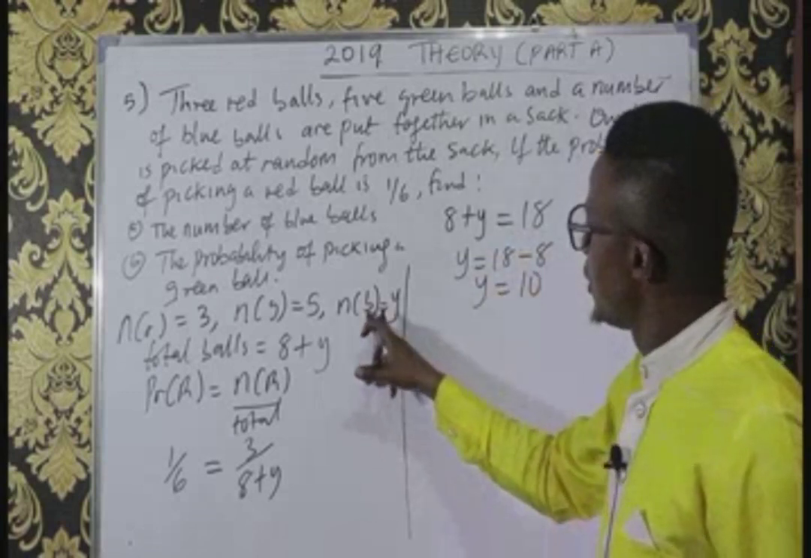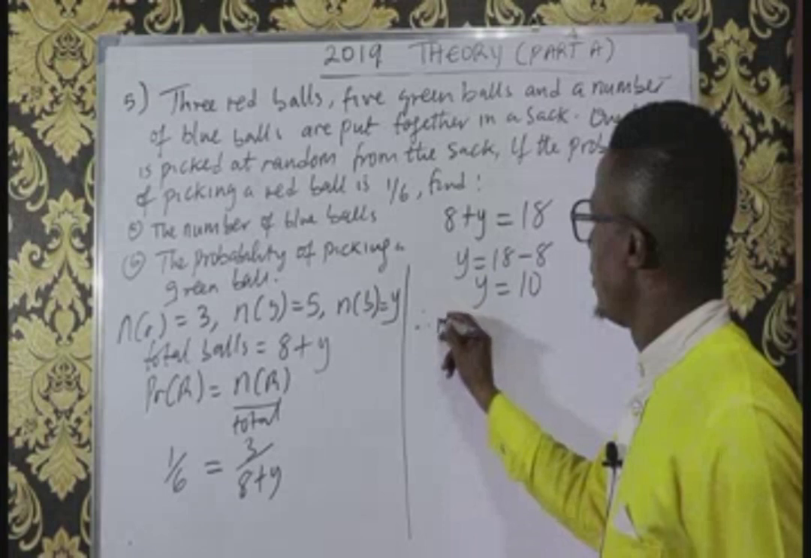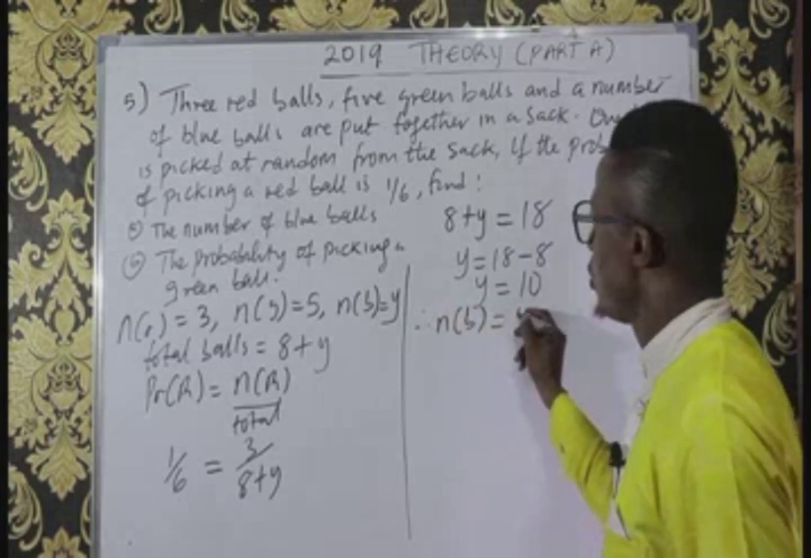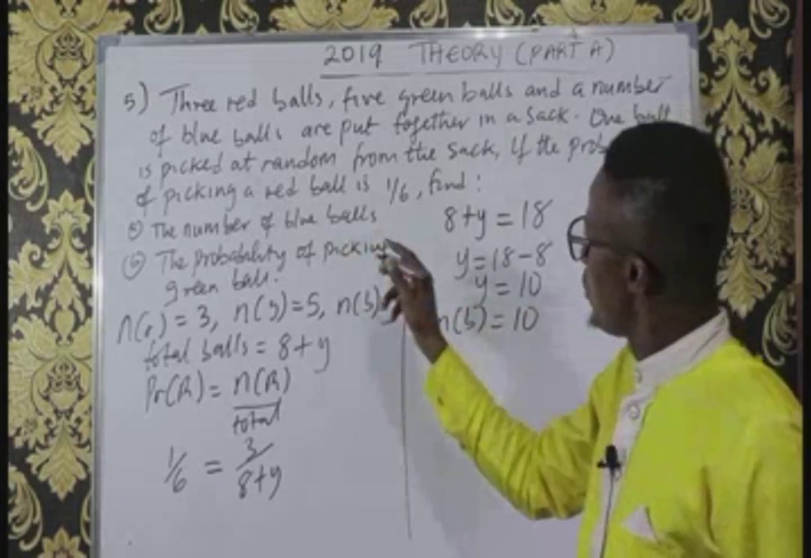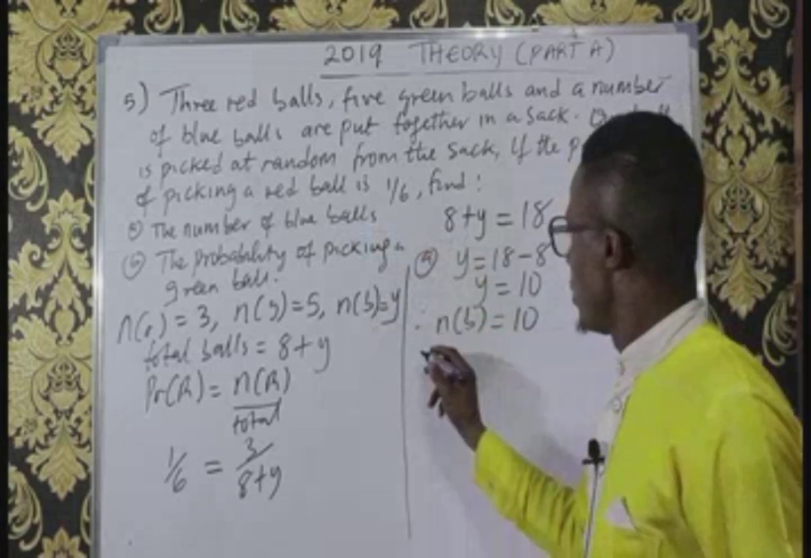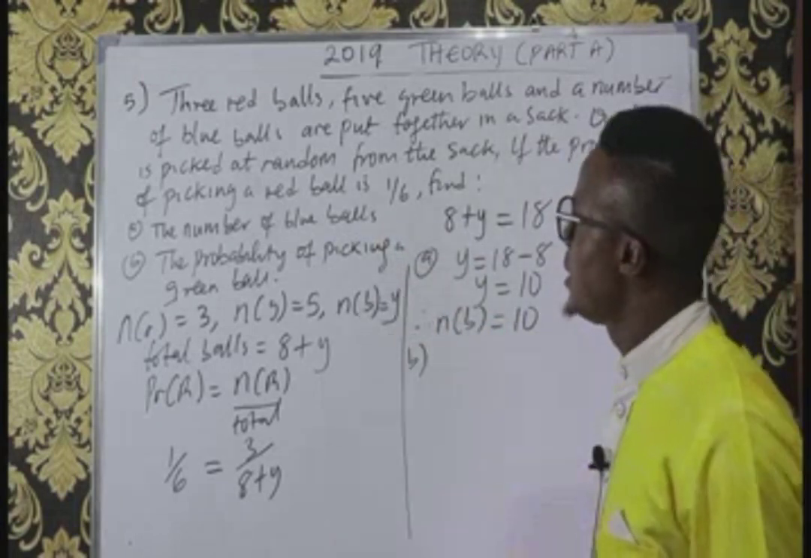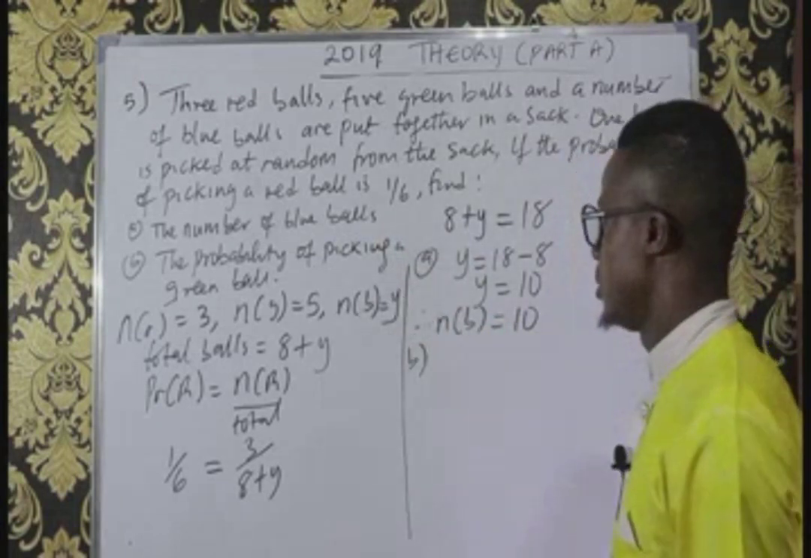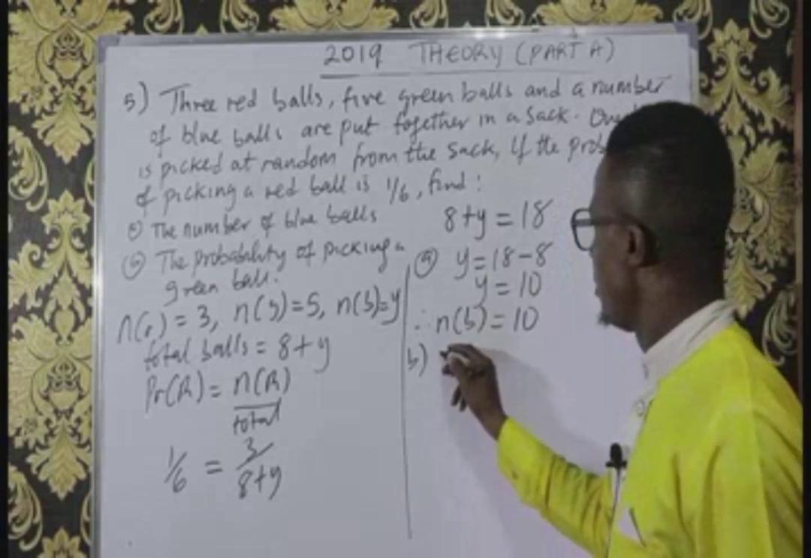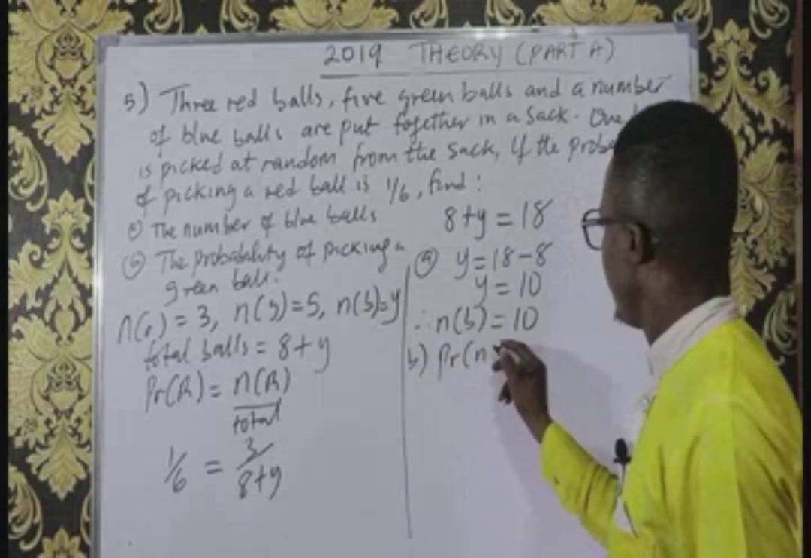What is y? The number of blue balls. Therefore, the number of blue balls is equal to 10. And that is question A, which we have answered. Question B says the probability of picking a green ball. The probability of picking a green ball means the number of green balls,